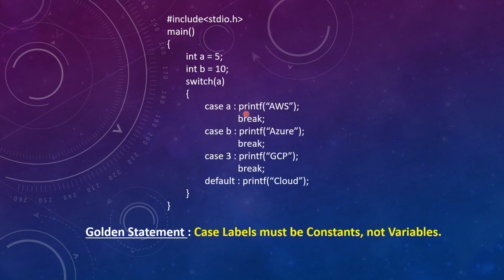And why I am saying this? See, here you are taking a variable integer, that is 5. So you are passing 5 here, right? So 5 is passed here, but see, case a, the value of a is not directly coming here, right? The compiler needs to go to the location of a, then from there the compiler will get the value of 5, then the compiler will substitute it here. So that's not how switch case will work, okay?